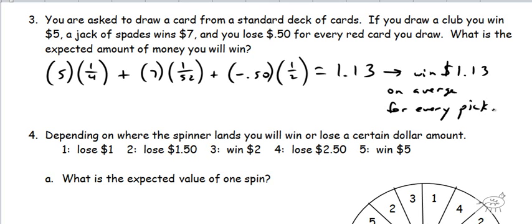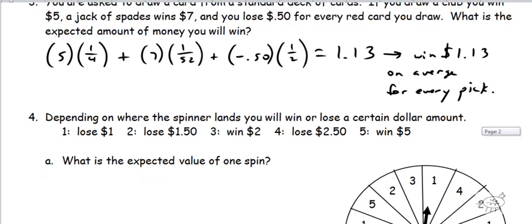That's on average, remember. So if you played it millions and millions of times, on average you're going to make money. Okay? But if you play it a couple times, which most people just buy a few tickets, you're not going to win. Okay? Again, you can't play the lottery based on, gee, my expected value is positive, I'm going to win a lot of money. That's only on average. And on average could mean playing it 500 million times. Okay? So don't get fooled by expected value being positive. It's nice, especially when it's some simple game, but when the number of chances are in the hundreds of millions, not a good deal.